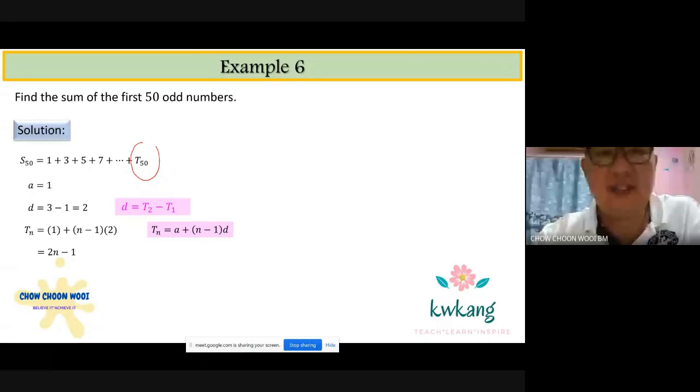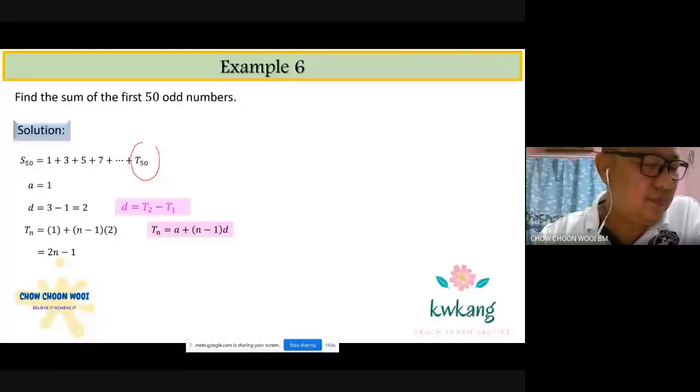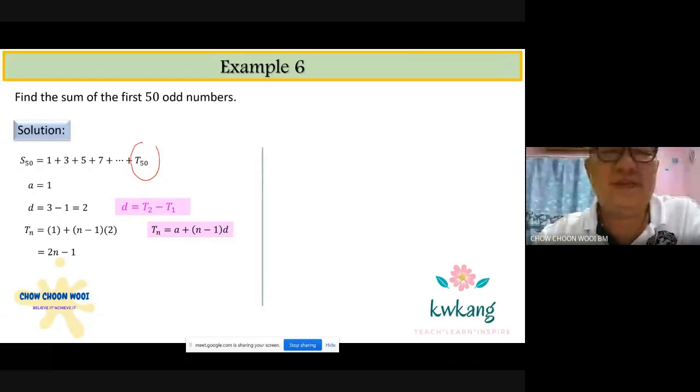I give you 1 minute. Can you please tell me your T50? Boleh tak kamu tolong bagi tahu saya apa dia T50? Apa dia T50? 99, very good. Yeah. So T50 is equal to 2 multiplied by 50 minus 1, where T50 is equal to